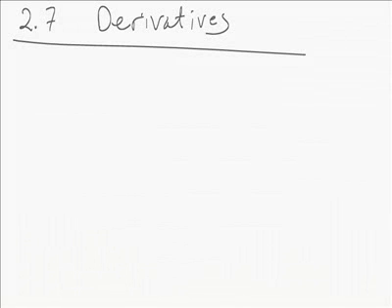Very important section here, 2.7. We're talking about derivatives, which are going to be one of the central concepts that we talk about, and really what Chapter 2 has been building up for. All these sections that we've done so far in Chapter 2 have been building up and pointing towards this concept